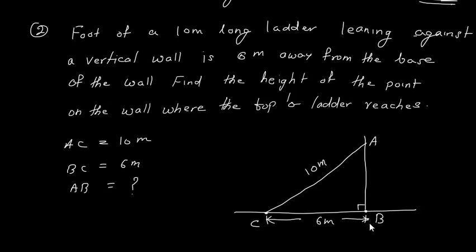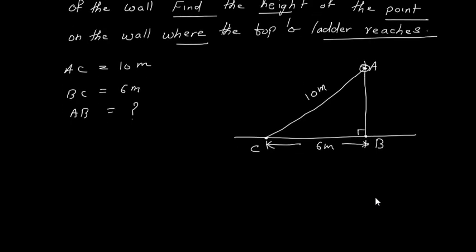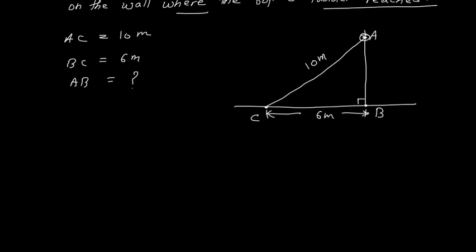Okay. What we have to find? Find the height of the point on the wall where the top of the ladder reaches. So this height AB we need to find out. Now, as this triangle is a right angle triangle, what we are going to do? We will apply the Pythagoras theorem. So I will say that in triangle ABC, as angle B is 90 degree,